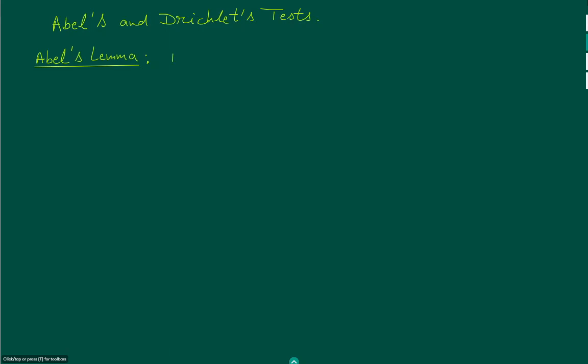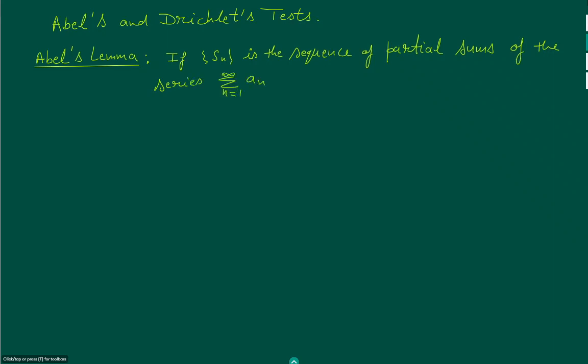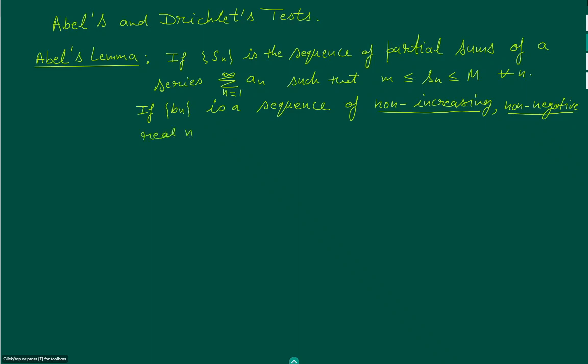Abel's lemma says that if Sn is a sequence of partial sums of the series summation An, such that the nth partial sum Sn lies between small m and capital M for all n, and if Bn is a sequence of non-increasing and non-negative real numbers, that means Bn is a decreasing sequence of